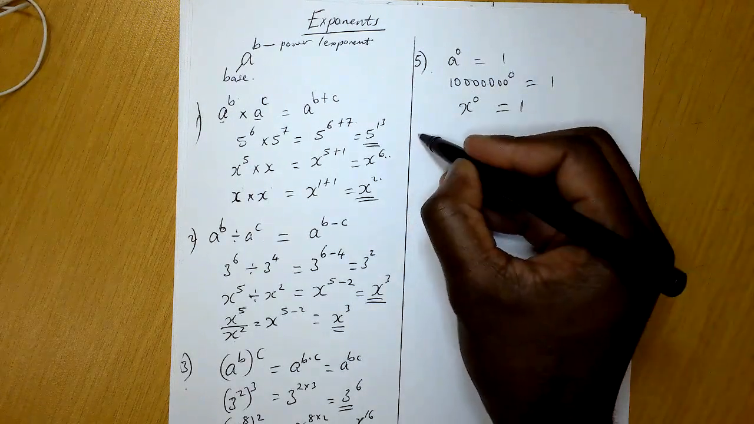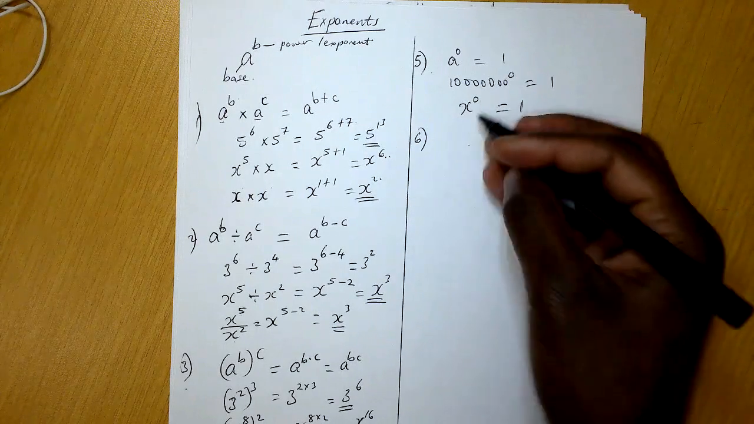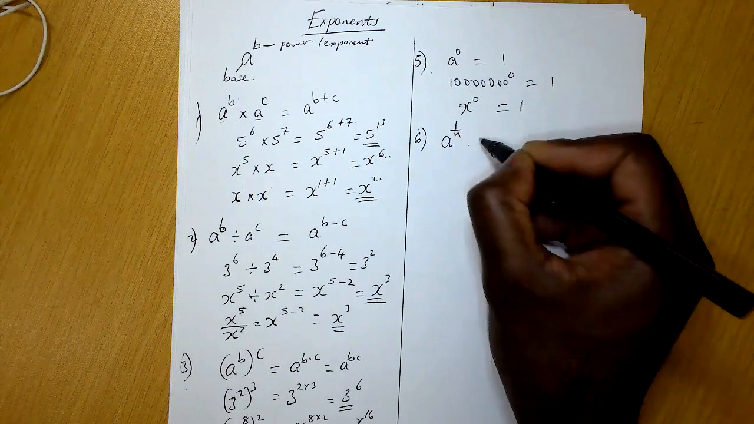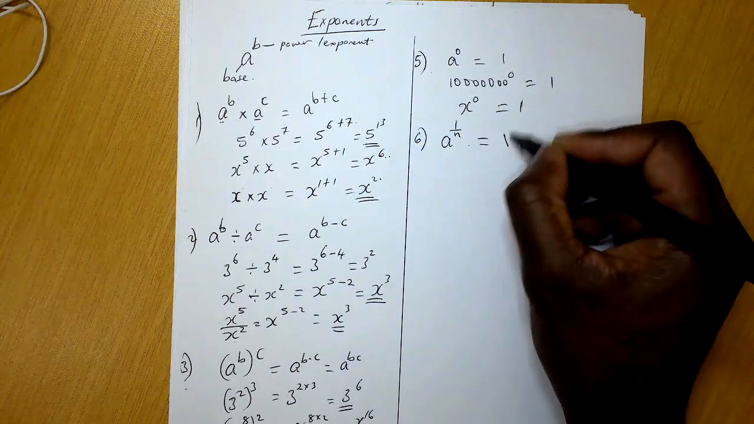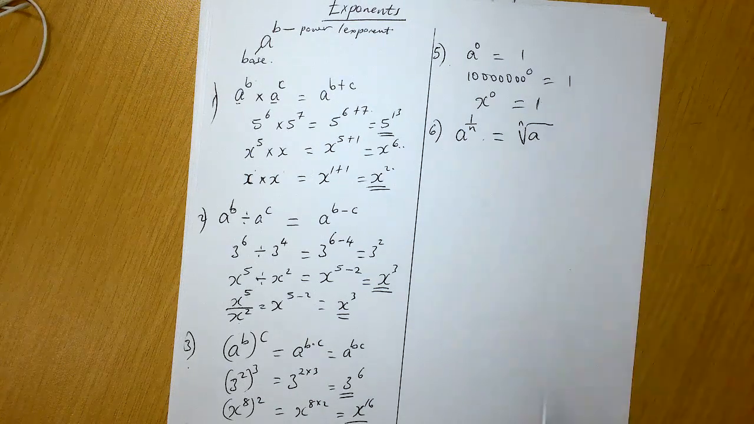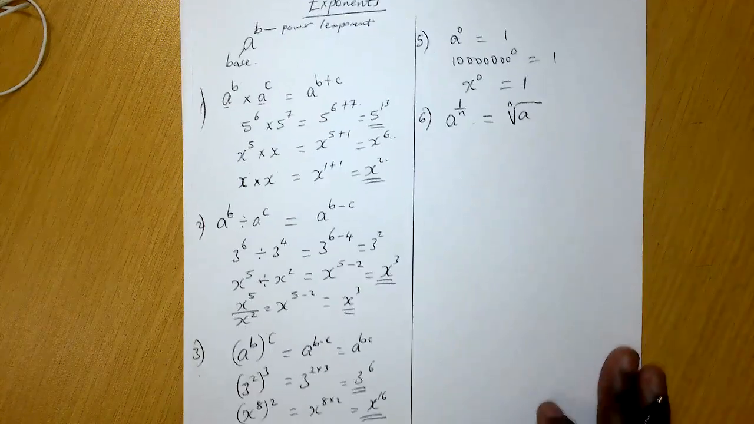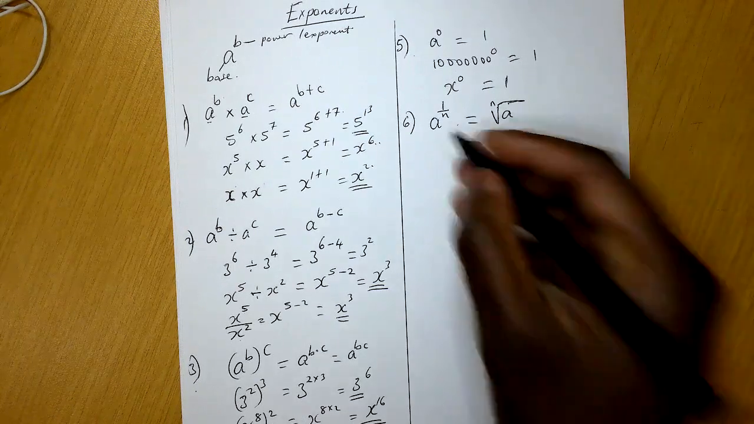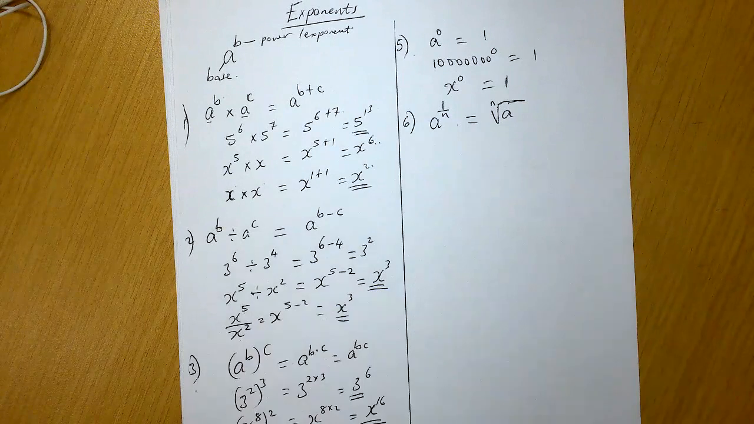Now 6: when you say a to the power of 1 over n, this means that it's the nth root of a. That's what it means here, like where we have the square root sign. So now an example here is